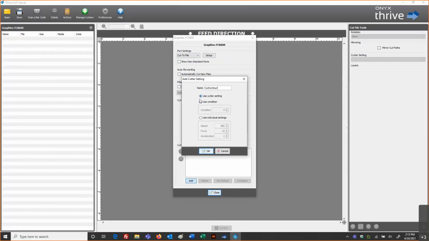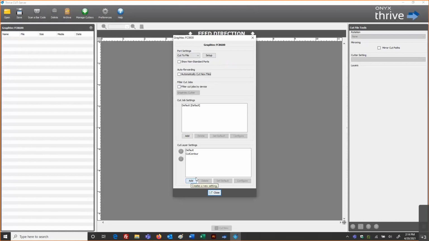And then you have choices in this case to use whatever conditions are loaded at the cutter, or choose a specific condition, or use specific settings. Every cutter model will have their own individual menu here of controls based on what that model will offer. I'm just going to set this condition 2 as an example, and I'll name my cut path information, my special cut name, as cut contour.